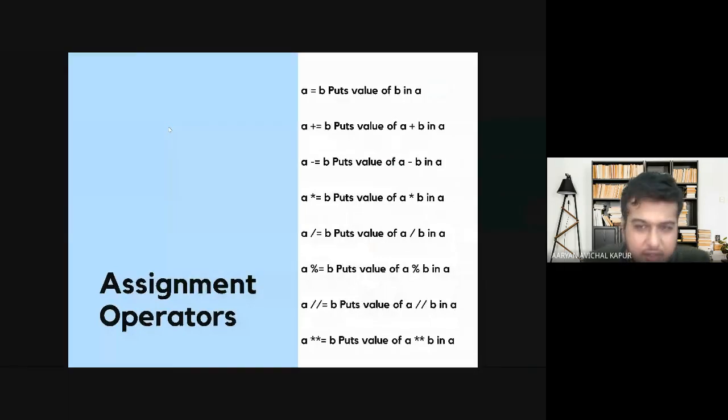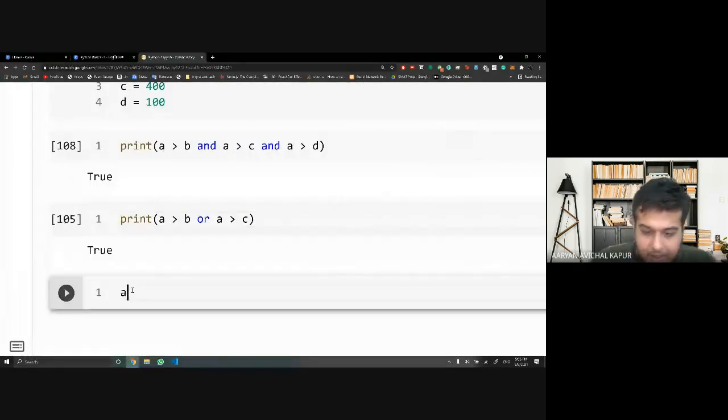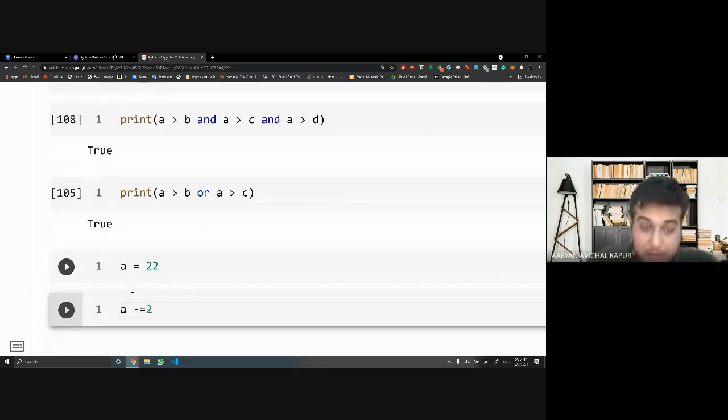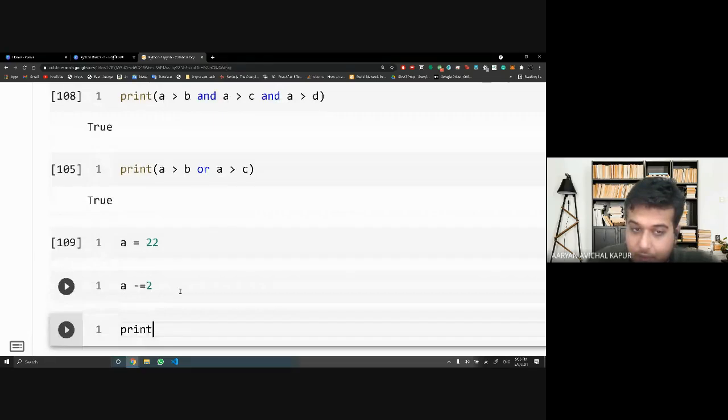Assignment operators also, let me give you a couple of examples. Right. So now let's make A equals to 5. Okay. Let's look at, we have 22 people here. So A is equal to 22. Right. Now let me say that two people have left the meeting. So I simply write A minus equals to 2. Right. So now when I print A, what should be the value? Should it be 22? 20. No, 20. Or should it be 22 minus 2?